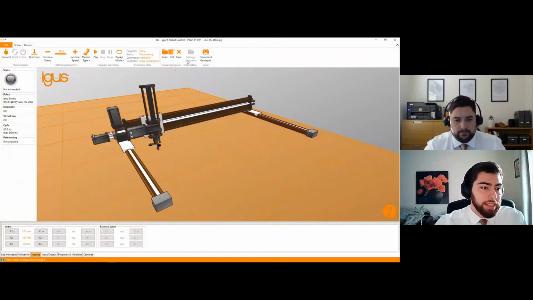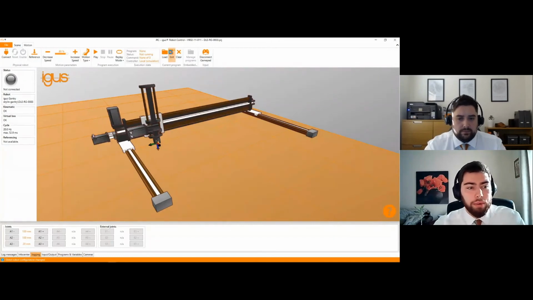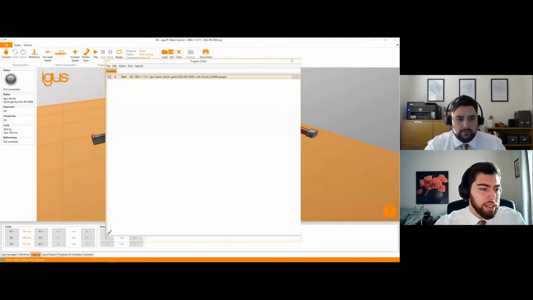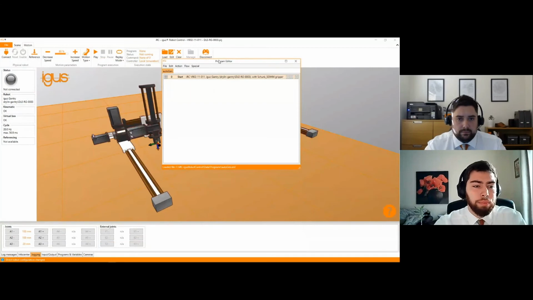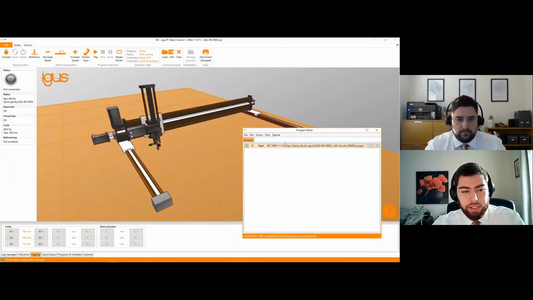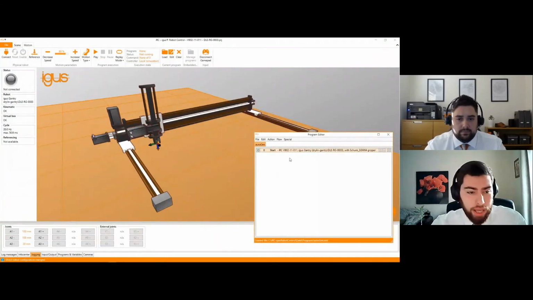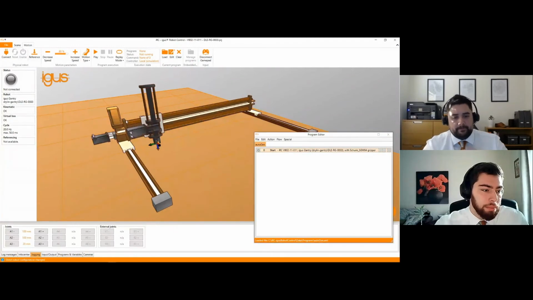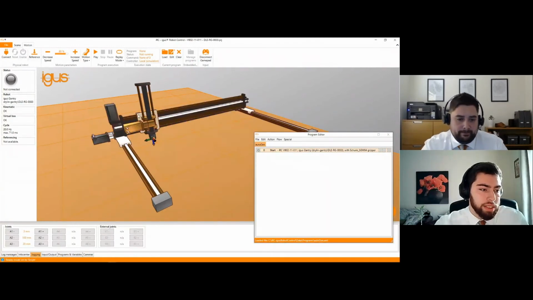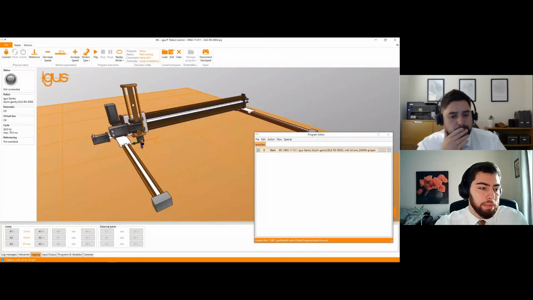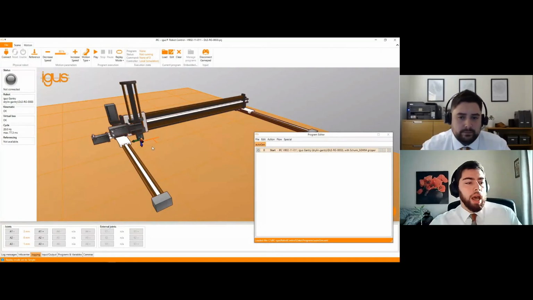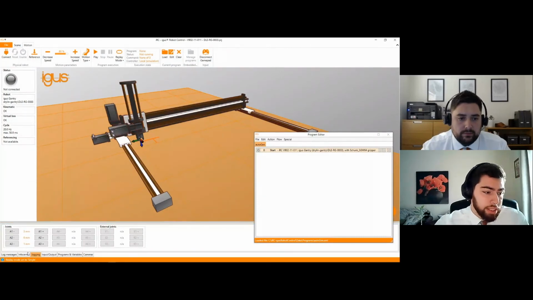The programming is done by the current program section on the top. So I can just press Edit, and you can see that we have easy point-to-point programming. The first line is always the start, which is basically telling the program which robot we're using. And then we can start moving the robot to the place we want. So I will start from a normal starting position, like after a homing would be. And when I have the selection over here, I can see that I have the coordinates on the bottom.